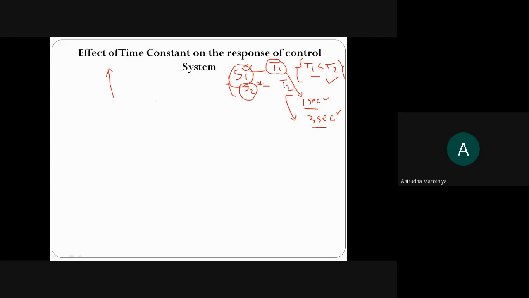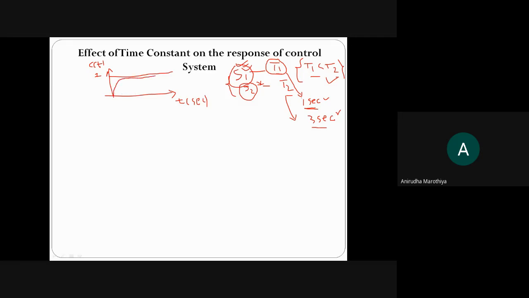रिस्पॉन्स ऑफ द बोथ द सिस्टम ऑन द सेम स्केल, लेट अस कंसीडर दैट कि ये आपका y एक्सिस है जहां पर आपने रिस्पॉन्स को इंडिकेट किया है इन द फॉर्म ऑफ c of t, एंड लेट अस कंसीडर दैट दिस इज द फाइनल वैल्यू इंडिकेटेड बाय सिंबल 1, and on x axis we indicate time which is in second. Now for example, if I am interested to draw the response of this particular system, first system, so it is something like this.